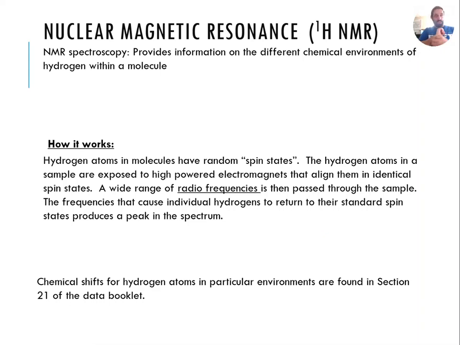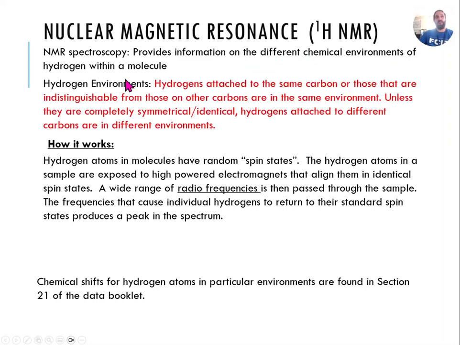The final spectrum we're going to look at is the NMR spectrum. What NMR stands for is nuclear magnetic resonance. The NMR spectrum is by far the most useful of all of them. It will provide information on the different chemical environments of hydrogen. Chemical environments of hydrogen just refer to the way that hydrogen atoms are bonded to carbon atoms in a